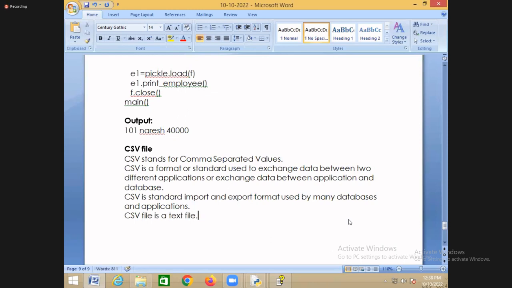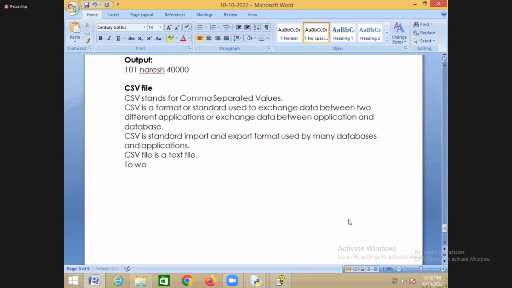And a CSV file is which type of file here? A text file. It is a text file. So to work with the CSV file, Python